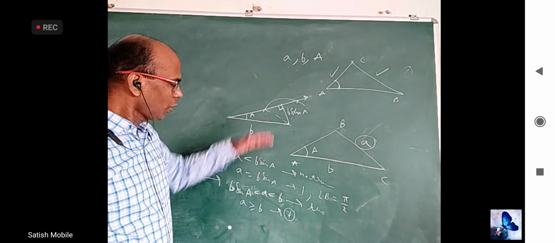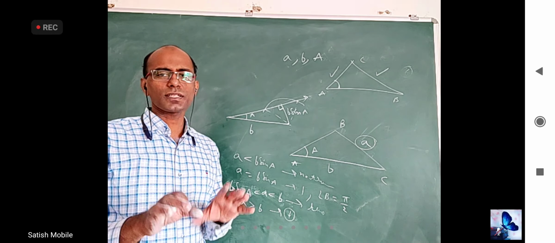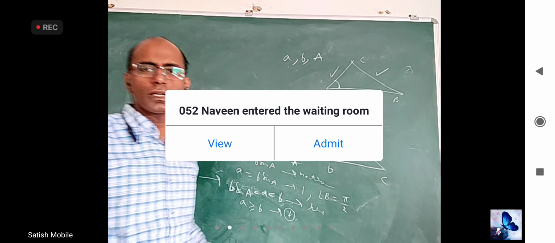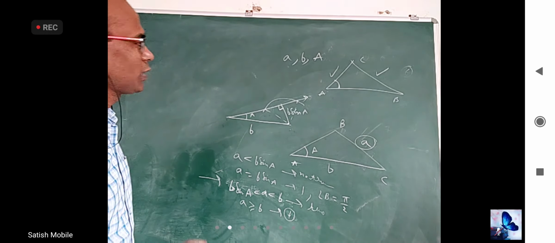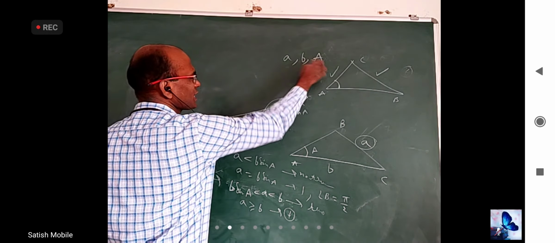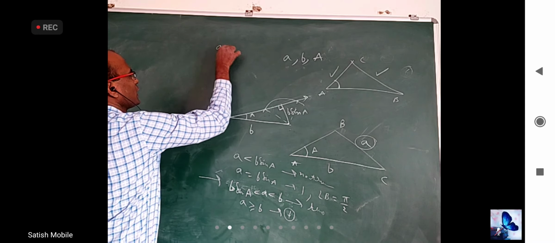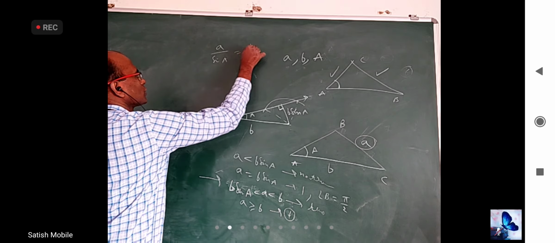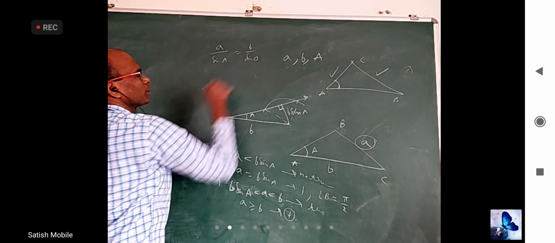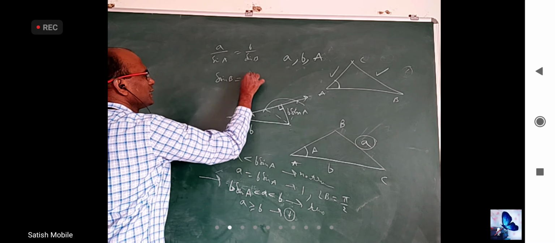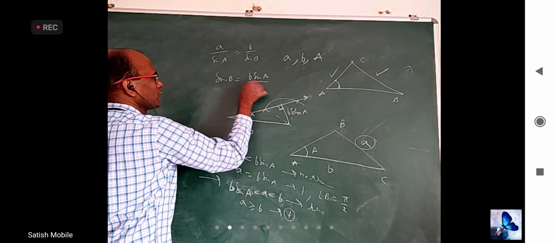All these things to some extent can be understood by your sine rule, cosine rule also. This we are trying to understand by geometry, easy to visualize. One may say how will you understand by sine rule. If these are given, how will you find angle B? a by sin A is equal to b by sin B. Then what is sin B? b sin A by a.